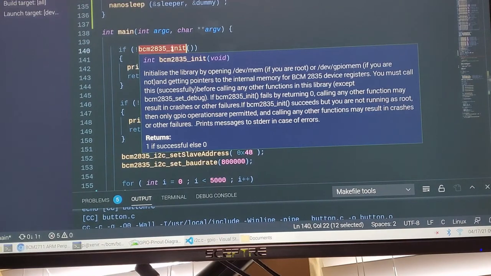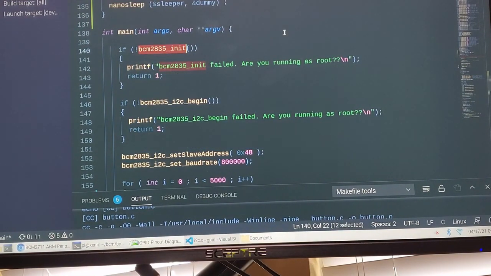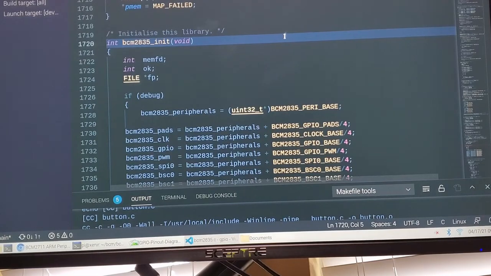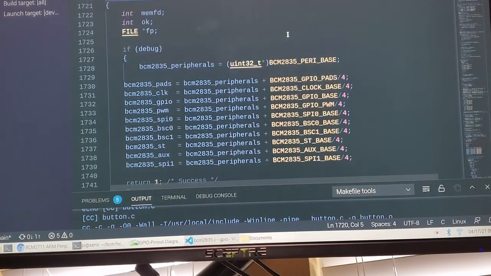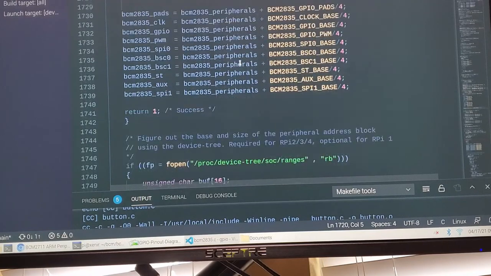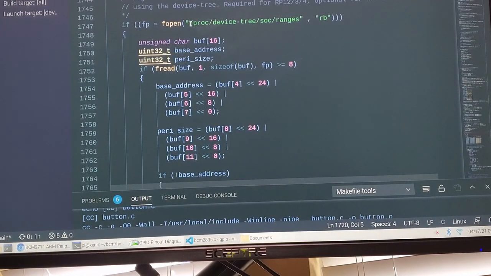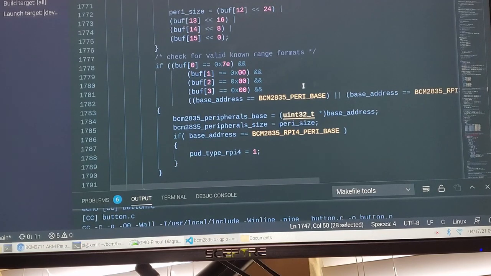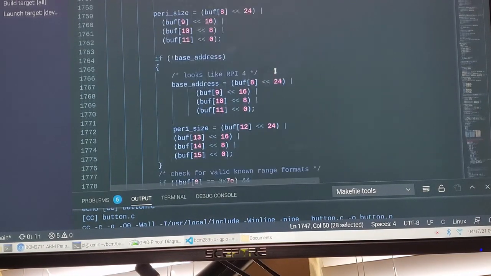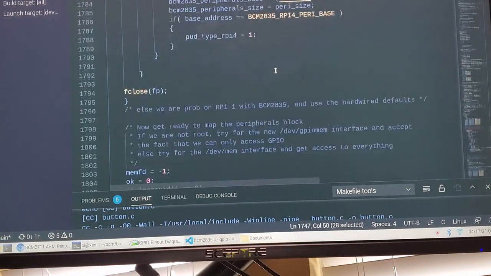So BCM2835 initializes all the peripheral addresses and so on, but just quickly diving into that to see what's going on there, you can see that basically it's interrogating this part of the device tree to figure out where the peripheral base is. So rather than hard coding it as I did in the other example, and that hard coding will work fine if you're using a Raspberry Pi 4, but if you're on a 3 or 3B or whatever, those addresses are going to be different. So that's what this piece of code figures out here,